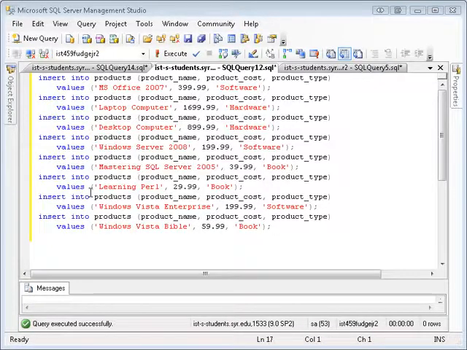Continuing on with the products example that I did in a previous screencast, I have a series of insert statements that insert various products. So here's an Office 07, there's the price, it's software. I'm inserting a laptop computer, there's the price, it's hardware, etc. I could have just typed these in, but I thought I'd save you the pain of watching me key all this in. If I hit execute,